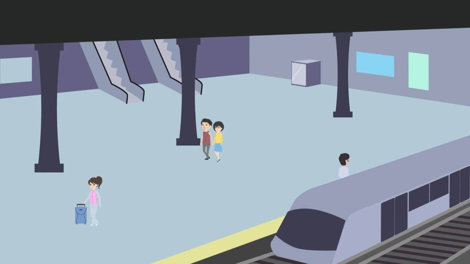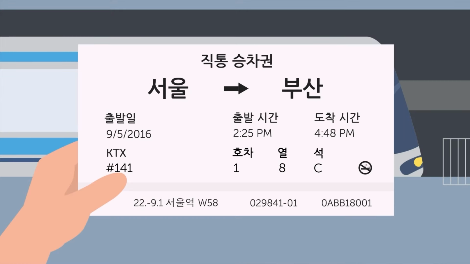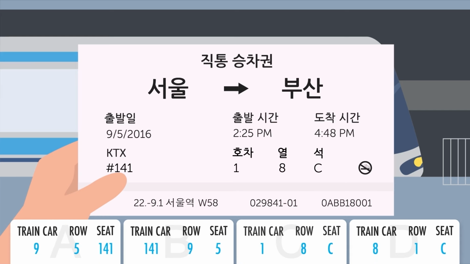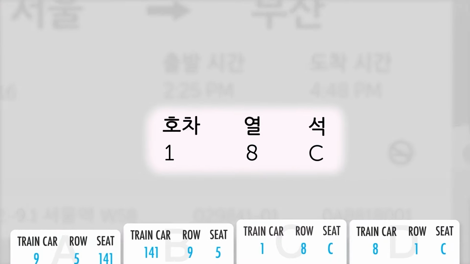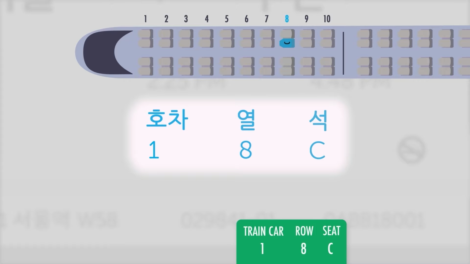You are at a train station where you've just bought an express ticket. Which train car, row, and seat number are you in? The ticket says that you're in train car number 1 in seat 8C. 1호차 8시석,